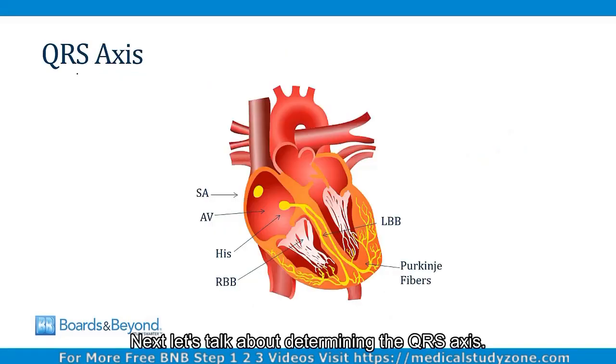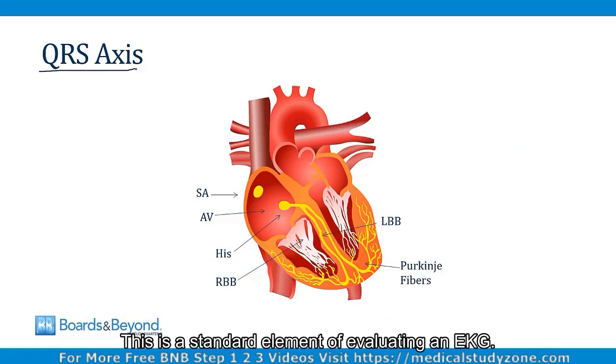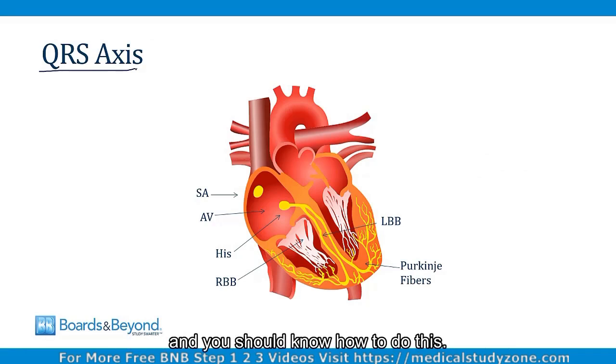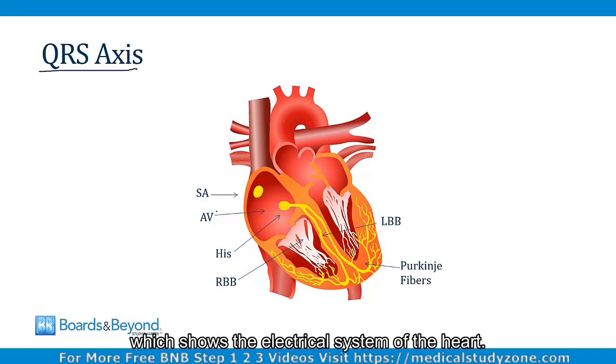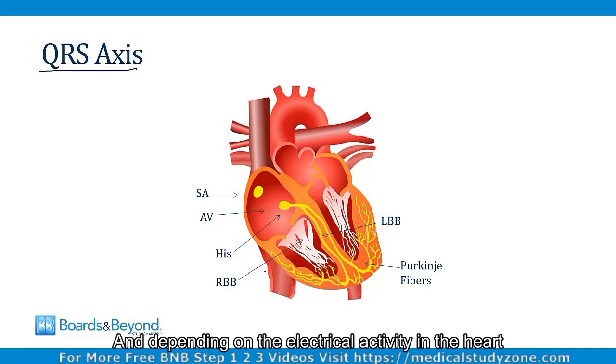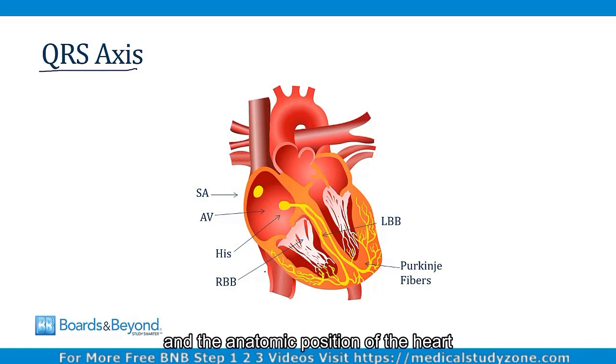Next, let's talk about determining the QRS axis. This is a standard element of evaluating an EKG. You'll often be asked to determine the axis on rounds, and you should know how to do this. Let's take a look at this picture of the heart, which shows the electrical system of the heart. When the ventricular myocytes depolarize, that generates the QRS complexes. And depending on the electrical activity in the heart and the anatomic position of the heart and the size of